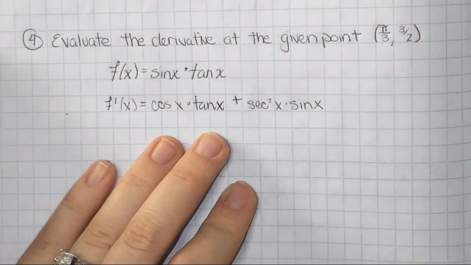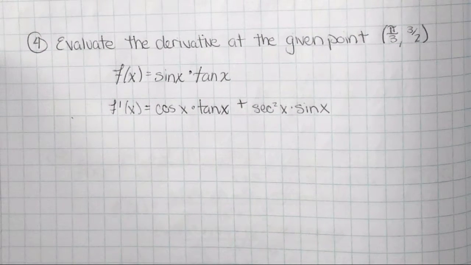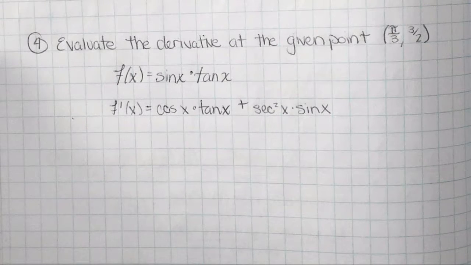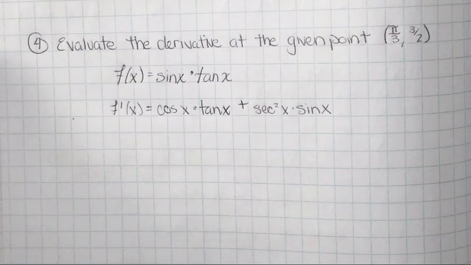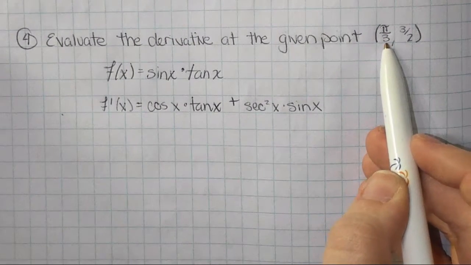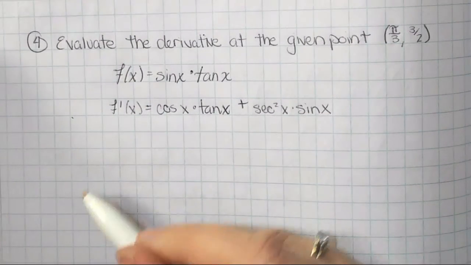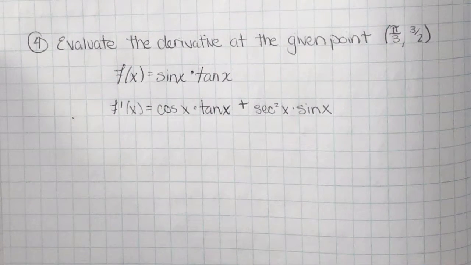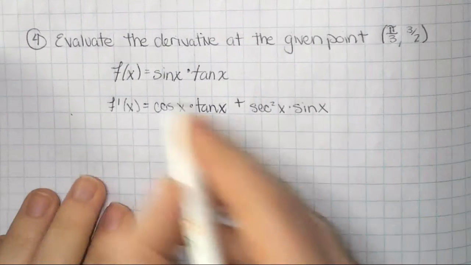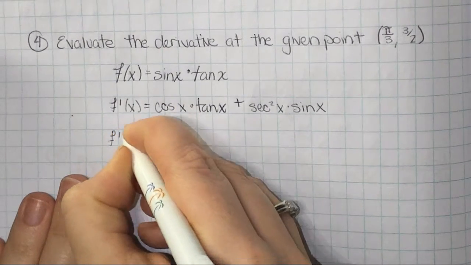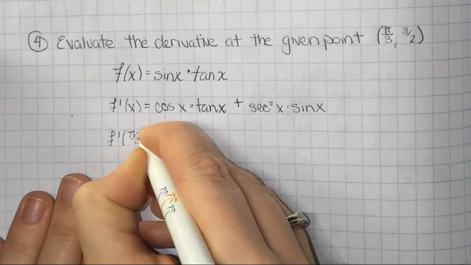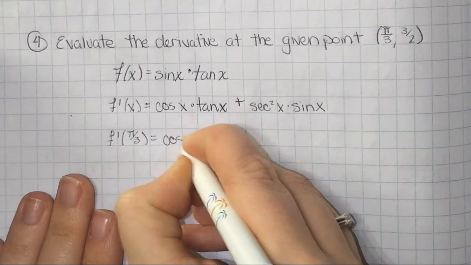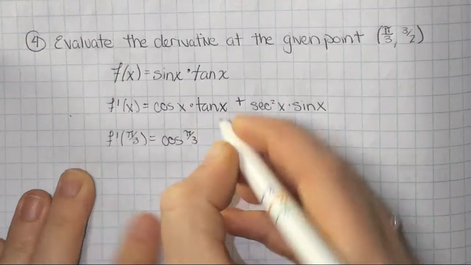Now guys, this is ugly, right? But who cares? What are we doing? We're plugging in pi over 3. So let's just plug in pi over 3 to every x we see. That's all we're going to be doing. Now we understand why those trig quizzes were so important. I've taken one and I failed it. On the positive side,